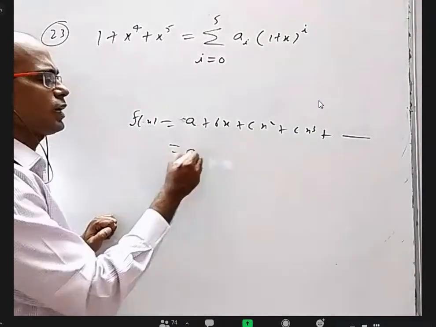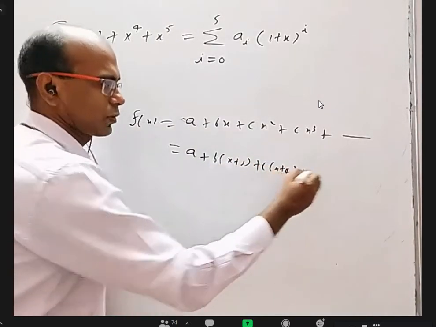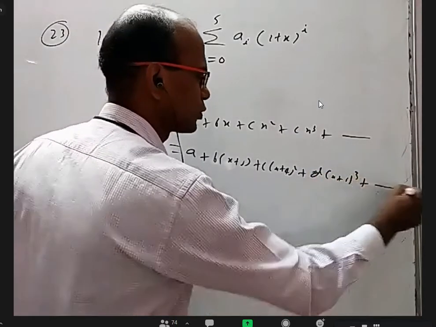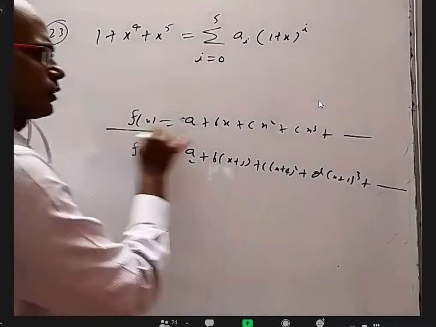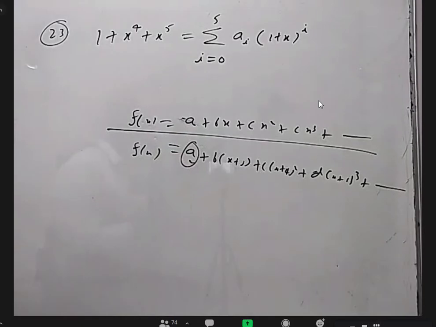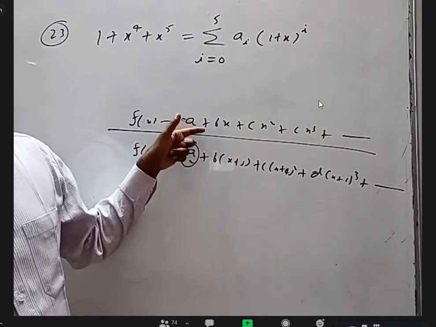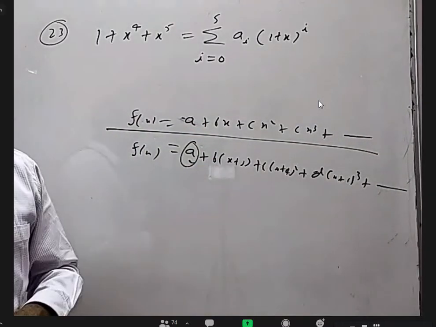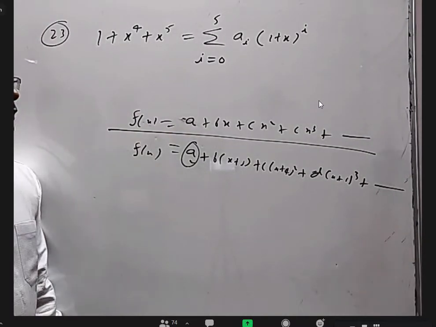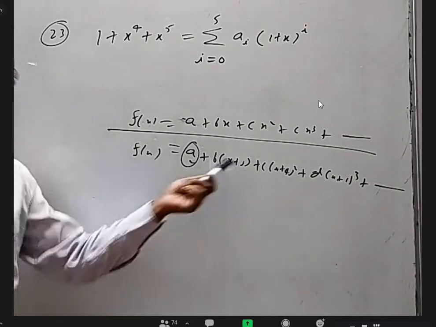Yes. But we also have the form a plus b into x plus 1, c into x plus 1 whole square, d into x plus 1 whole cube, and so on. That is also there. We don't use it because we don't need it for limits and all. But you can easily understand how to get a. In this, a is f of 0; here, how will you find a? Put x equal to -1, so a is f of -1. How will you find b? f dash of -1. And how will you find c? f double dash -1 by 2 factorial.